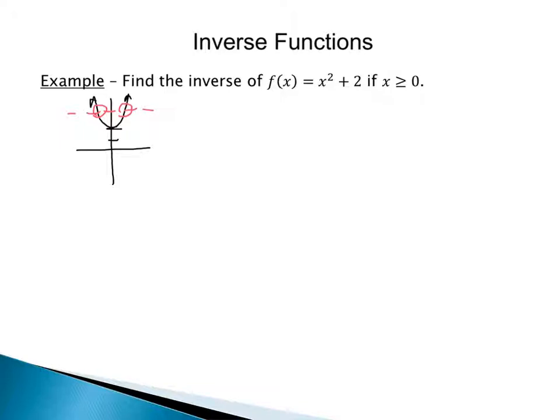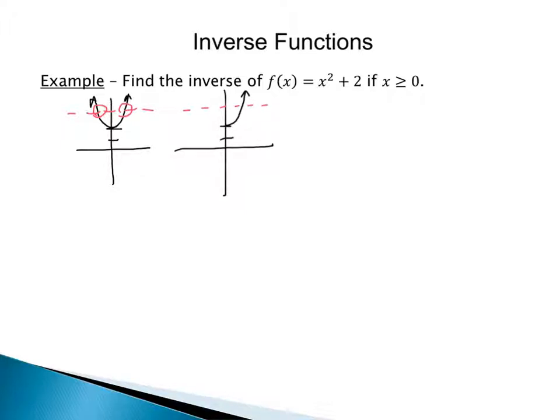As a result, we sometimes have functions that have a domain restriction, as we can see here, of x is greater than or equal to 0. Because if we're only looking at this function f of x equals x squared plus 2, but only the positive x's, or x is greater than or equal to 0, then this graph essentially would be cut in half. So we're still going up 2, but we're starting at 0 and just taking the right side of that parabola. Now here we can find the inverse of this since it passes the horizontal line test. If I draw a horizontal line anywhere, we can see that it's only going to be crossing in one place, so that means the function is 1 to 1, so we can find an inverse.